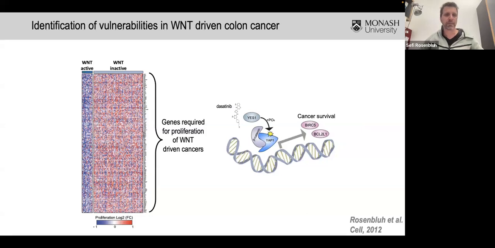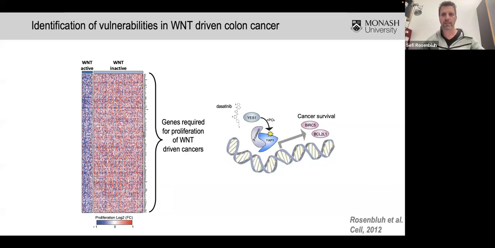In this example, we were interested in genes that are important in the context of Wnt activity. Here we could differentiate between cells that are Wnt active or Wnt inactive. Every row in this heat map represents a different gene. And here we're looking for genes that are essential for this population of Wnt active cancers. We validated some and showed this new pathway that we found is important for these Wnt-driven